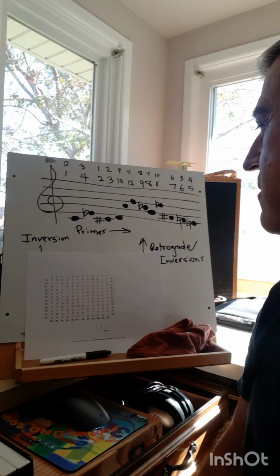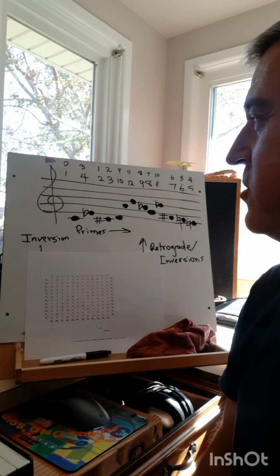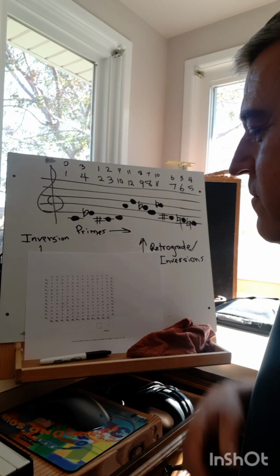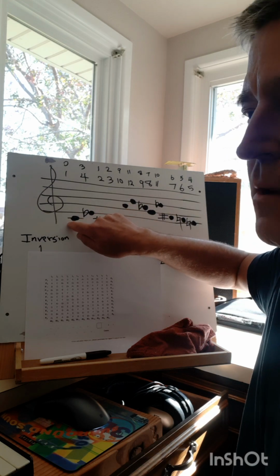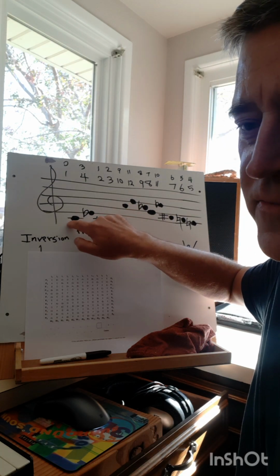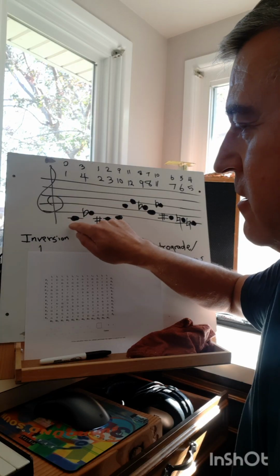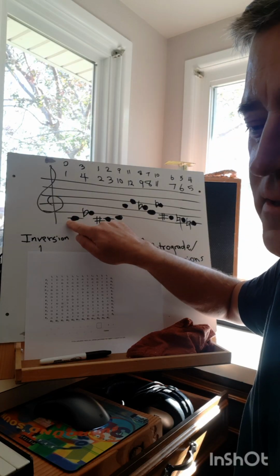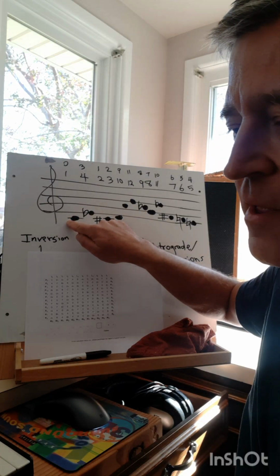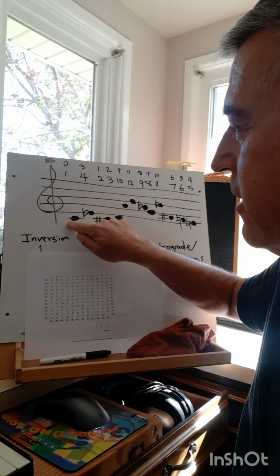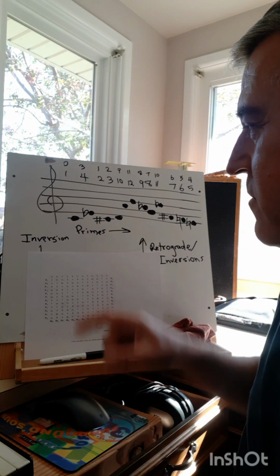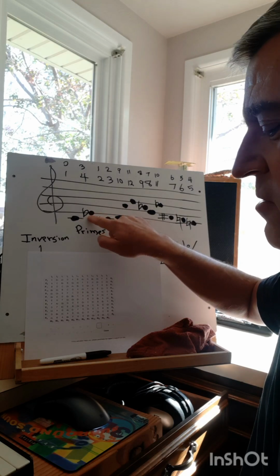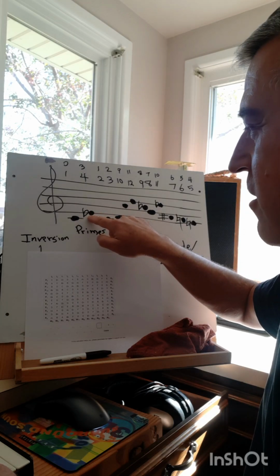And so I used all 12 notes. Basically, if you call C, and it could be any note, but just for the sake of explaining, I've used middle C as the starting point, and so I'm calling that 1. Here's 1, and then here's 3, or here's 4 rather. So 1, 2, 3, 4.